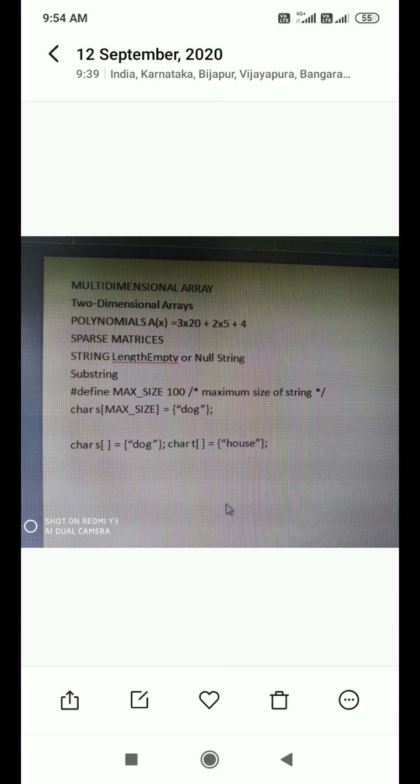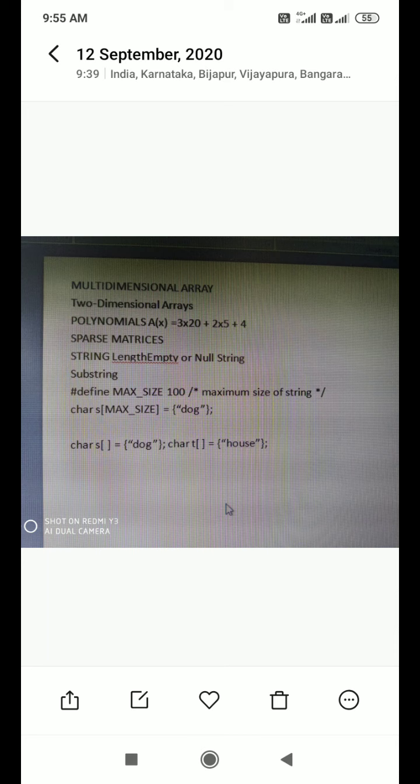Up to last class, we have seen the concept of arrays and its operations. Today we'll start with a new concept, that is the multidimensional array. In the multidimensional array, we are considering a two-dimensional array. A two-dimensional array is an m into n array, a collection of m times n elements. Here the elements are assigned with row and column values. Whenever you are accessing an array, you take the row value and column value as the position.